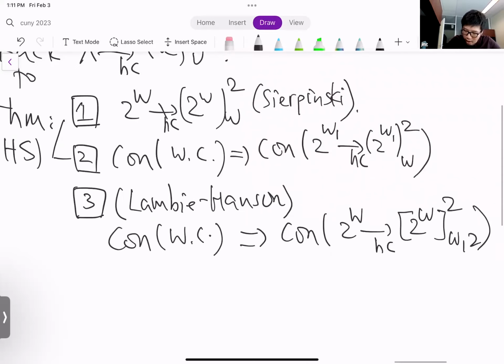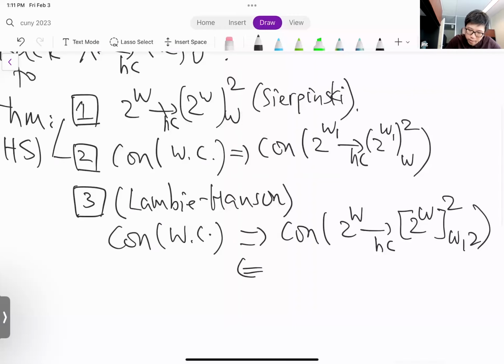Chris also showed that actually the reverse is also true, right? So he also showed that the large cardinal hypothesis that he used is actually necessary. So it's an equiconsistency result. So there's another way of asking if the theorem, the Sierpinski theorem, is sharp. And this is,